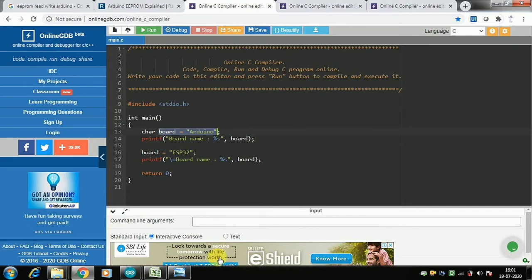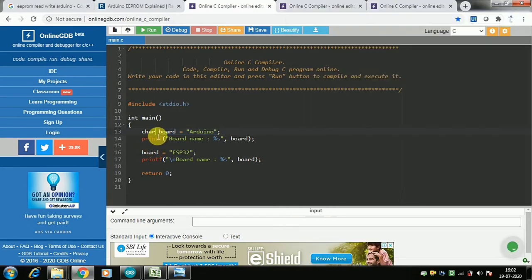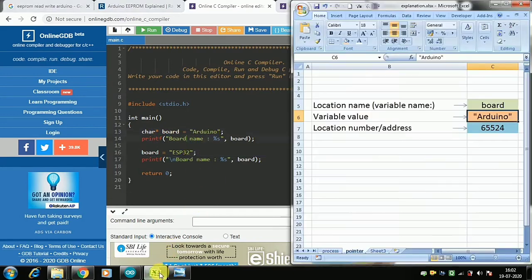If in the same place I put a pointer symbol, this star is a pointer, then I am actually not defining board is equal to Arduino. I am telling that the Arduino is written at this address, this location number.